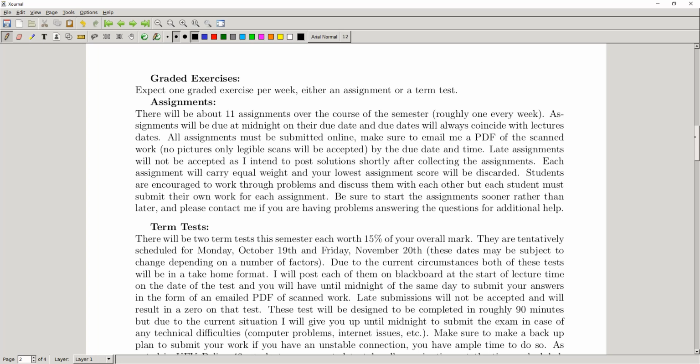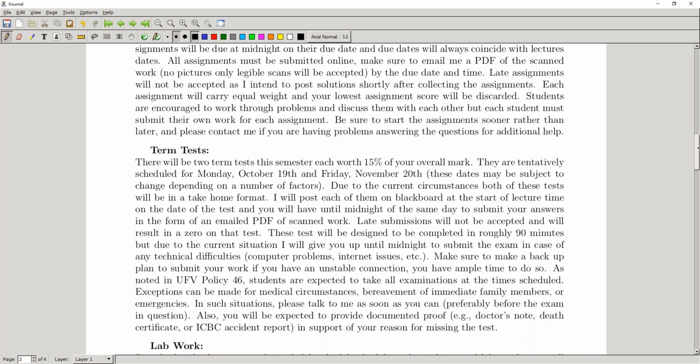Use a scanning app. There's a number of good scanning apps for your phone. Use a scanner. Find a way to translate whatever you have written on the page into an easy-to-read PDF that you can email to me to make it easy for me to give you marks, okay? So I think that'll be the best way to work that. With the 11 assignments, we're going to drop whatever your lowest assignment mark is and just count your 10 best. So if you miss an assignment, you don't have to worry too much about that. At least that will end up being the one that you can cancel.